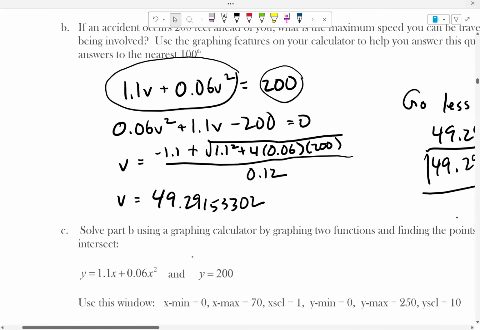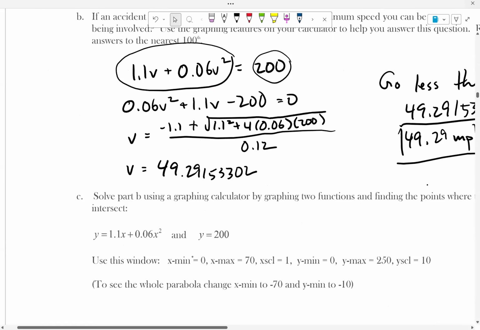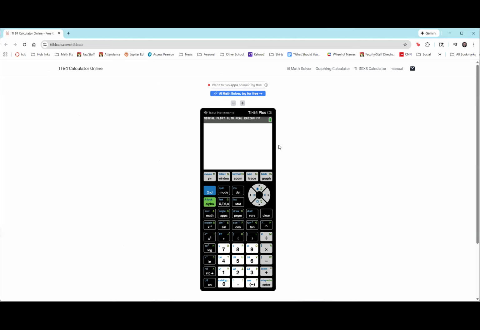You see how it says that in C? Except our calculator doesn't have V's for the graphing function, so it's going to be in X's. And that's where these came from right here. Okay, so let's walk through this together because this might be the first time that you're actually using this function. I have this nifty online version of the calculator. It doesn't look exactly like yours, but it's close enough. So to just plug in the equations, we have to go here,